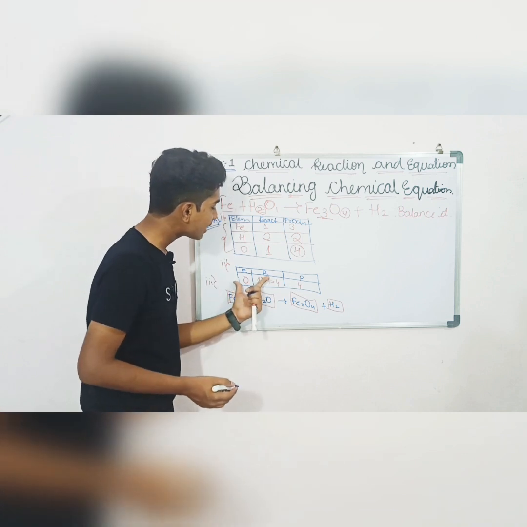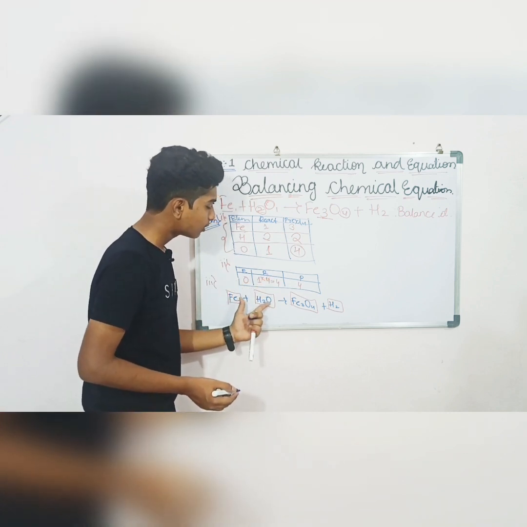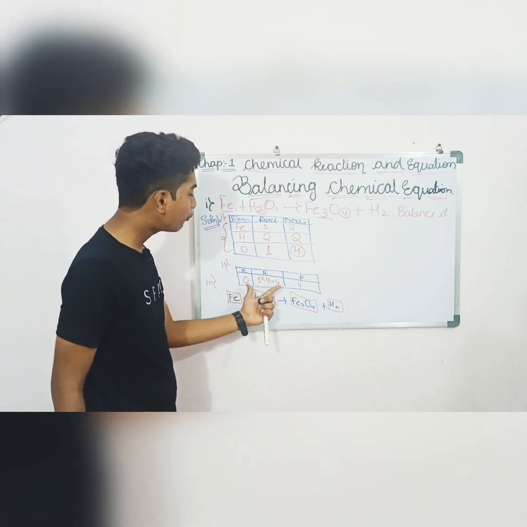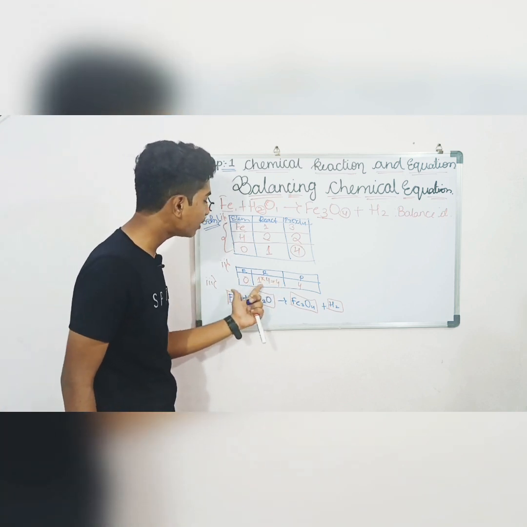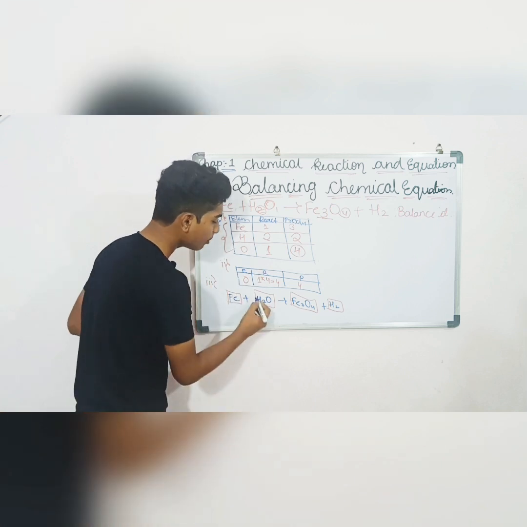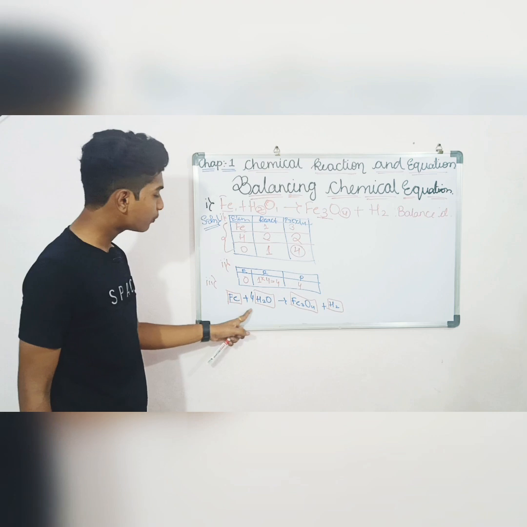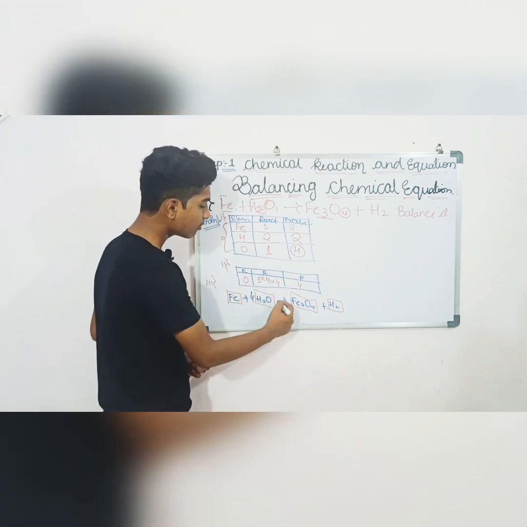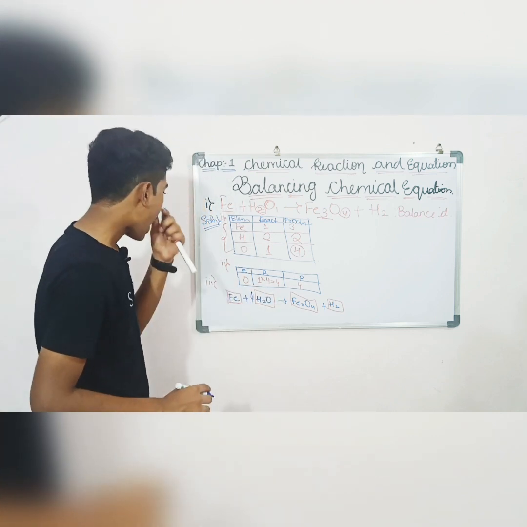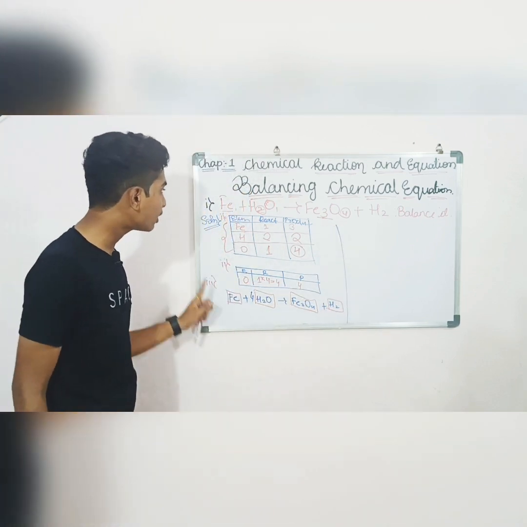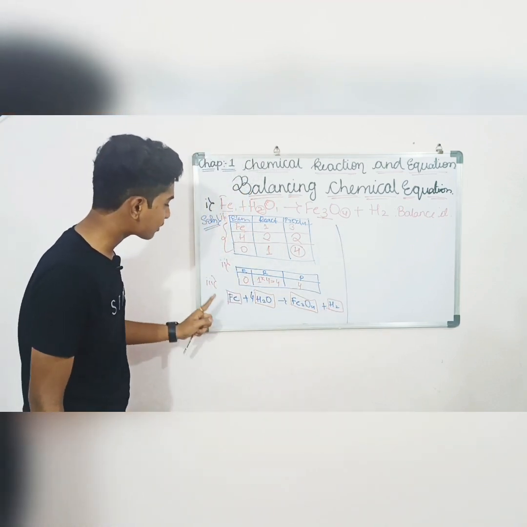Now reactant side, oxygen is here. So here first it was present with 1 atom. Now we multiplied 4 with this 1. So reactant side oxygen will become 4. So write down here 4. This is Fe plus 4 H2O. Obviously it will become 4 oxygen. Now again examine. Now don't examine this, examine this.